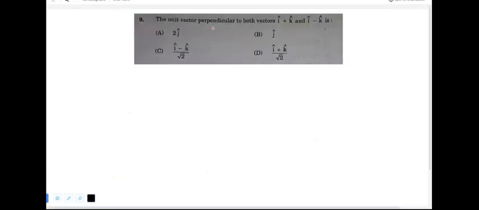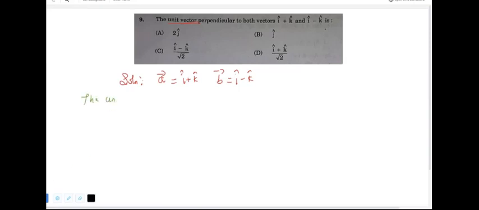Question number 9 is the unit vector perpendicular to both vectors, that is, they've given two vectors. Let me consider the two vectors as a vector. A vector will be i cap plus k cap, and the other vector they've given, we'll call it b vector. B vector is i cap minus k cap. They're asking you to find the unit vector. What is the unit vector of two vectors? We can write that as